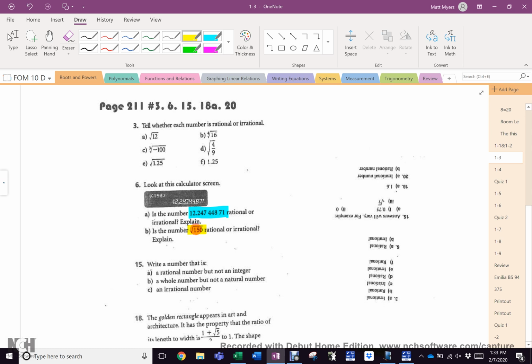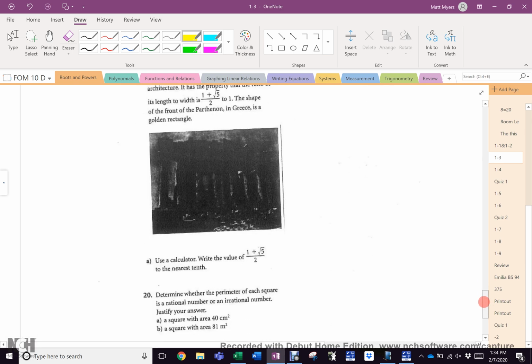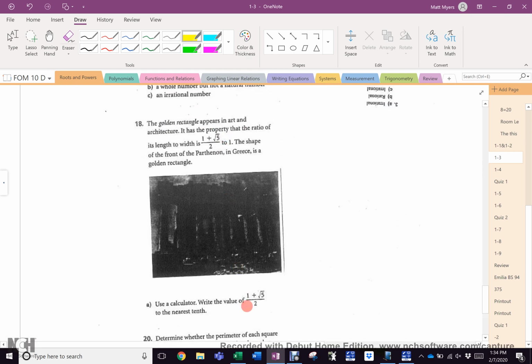Edward. I had trouble understanding these. How do you write a rational number that isn't an integer? I'm going to do his first, and I'll come back to you. Number 18, you had this. So use a calculator. Now,